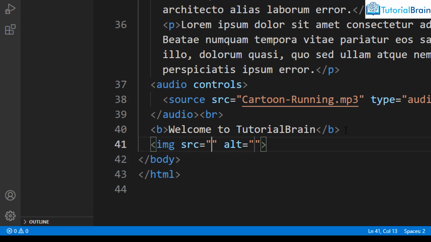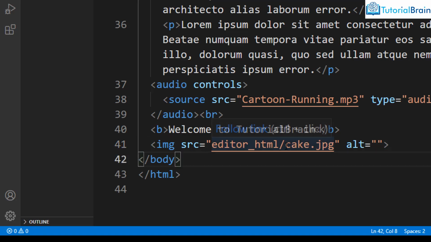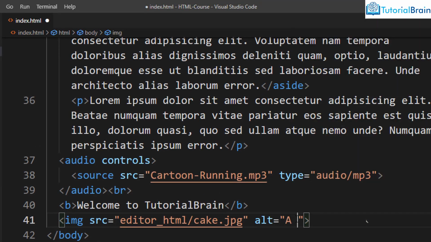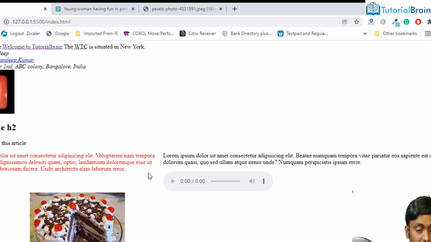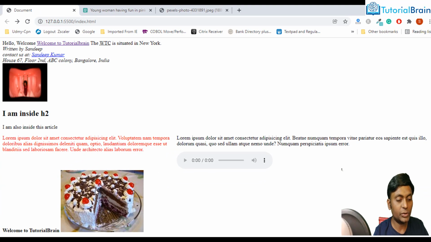So I know that we have a particular image under this particular location, that is editor underscore HTML and / we have cake.jpg. Okay, so this is the location from which the image should be picked up. Alright, and I can just give a random cake. Alright, and now you see, if I just save this, automatically it is going to pick this